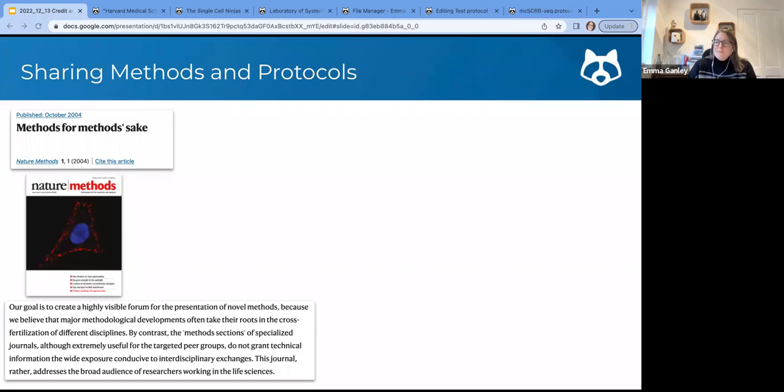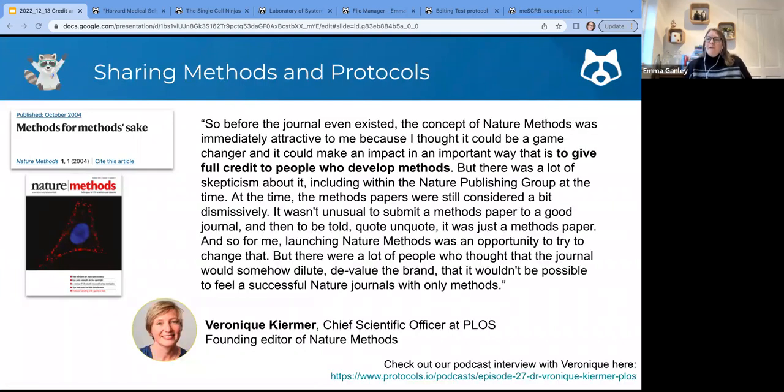Behind the scenes, we learned from the founding editor of Nature Methods, Veronique Kiermer, who later became the chief scientific officer at PLOS, where I was lucky enough to work with her, that there was a lot of skepticism, even within the Nature Publishing Group. Even though they were launching Nature Methods, they were not all convinced internally that it would be successful at that time.